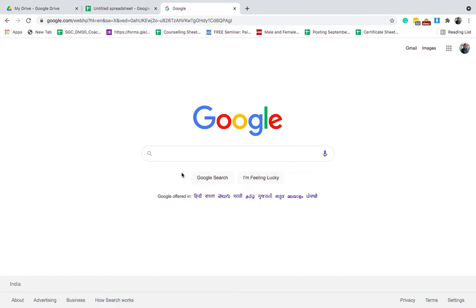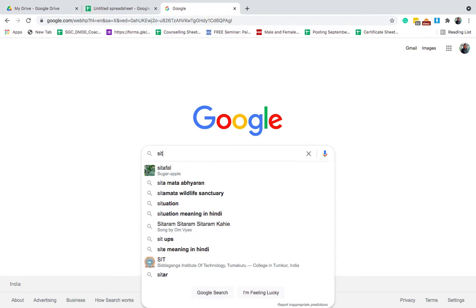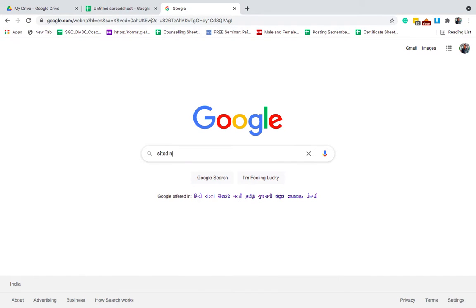To find email IDs, let's see how to do that. I'm writing one string here. You can apply different strings to find different email IDs. Let's say here I want to find, for example, email IDs of doctors from Delhi. You can write different operations,